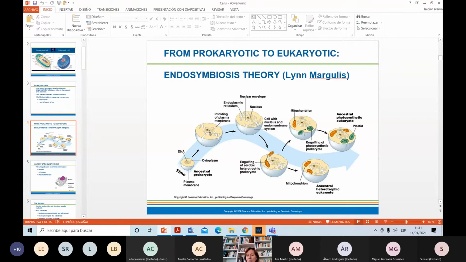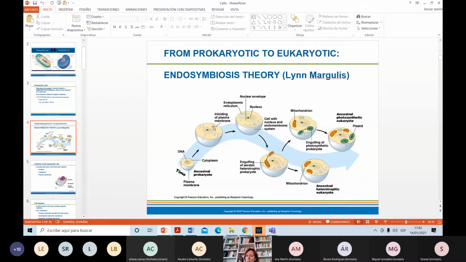Sometimes when mistakes happen in nature, it means that the organism will not survive because a dangerous mistake has happened. Imagine that you are born with a mistake in your heart. That probably means that you are going to die very soon because your heart doesn't work. But sometimes the mistakes led to one structure that is better prepared for the environment. This is what probably happened to one of these bacteria, that the membrane enfolded, and that was a good